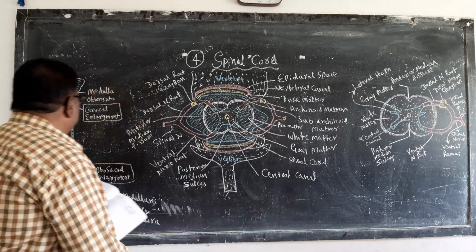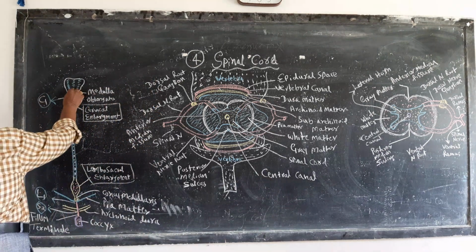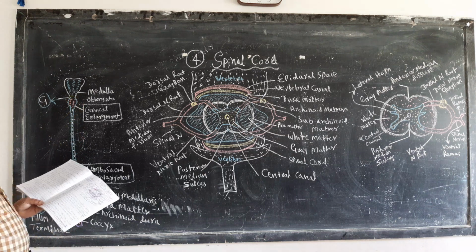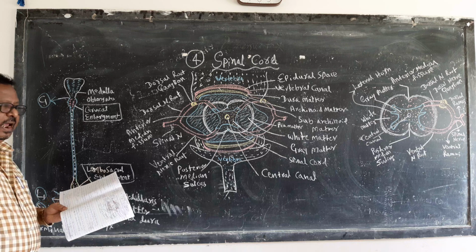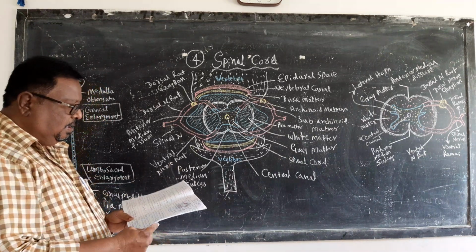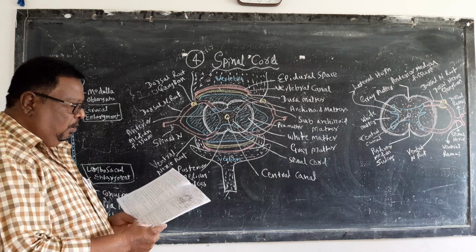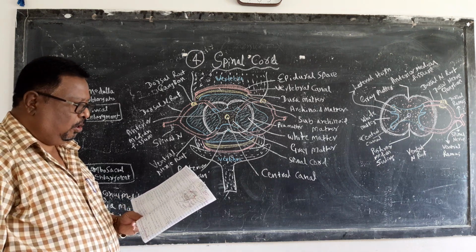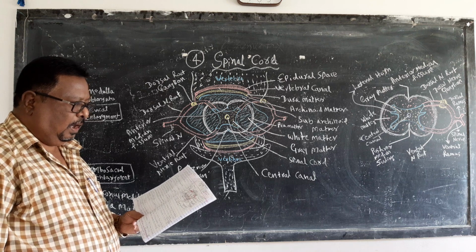The medulla oblongata will be here, and the cord continues as it enters the vertebral column. It extends from the foramen magnum of the skull up to the lower border of L1 vertebra,